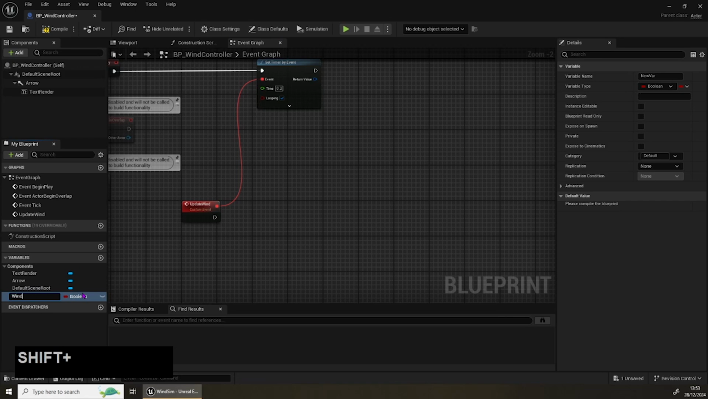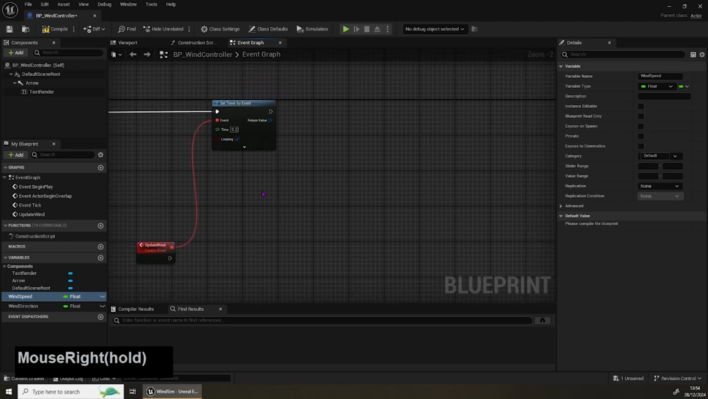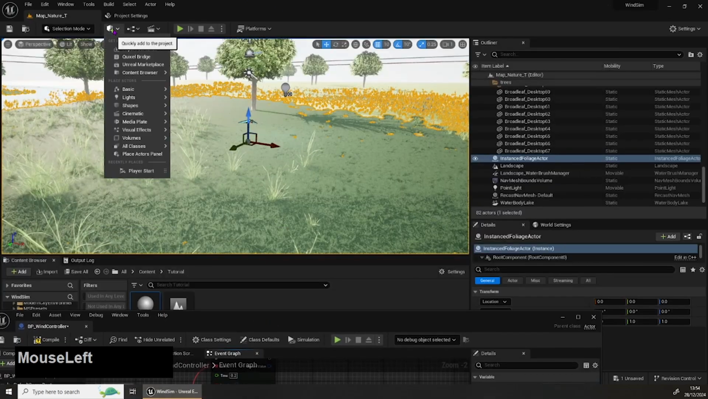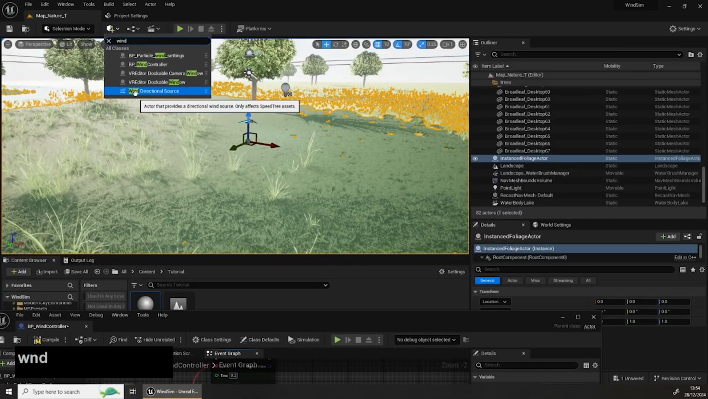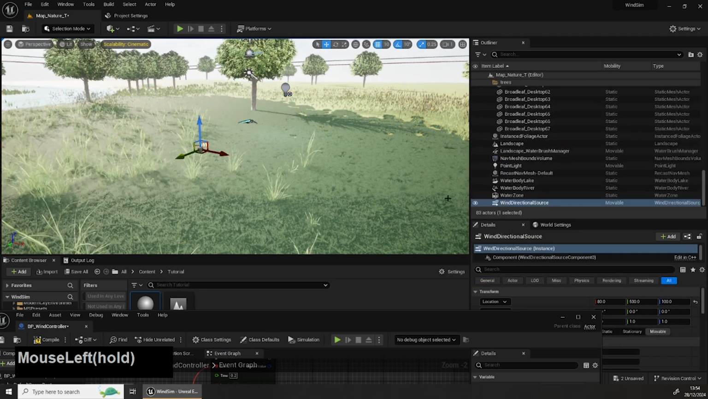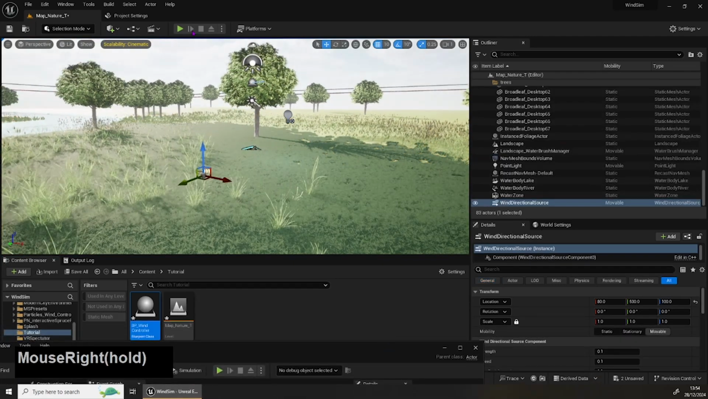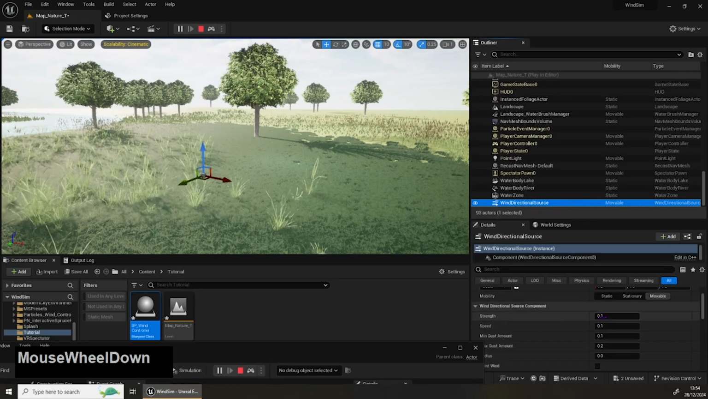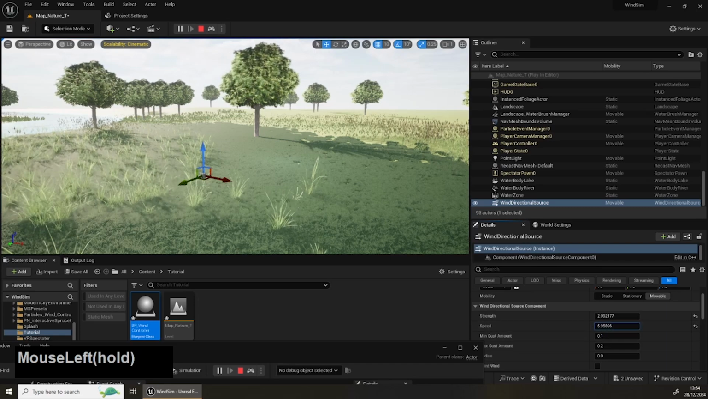So now I want some variables to store wind speed and wind direction. And these might be floats, so let's change the type. And first I want to set them. So now I need my reference. What is my reference? I want the wind directional source. I'm going to add this through the Place Actors panel to my scene. So just by using this wind directional source given by Unreal Engine itself, we have the wind already